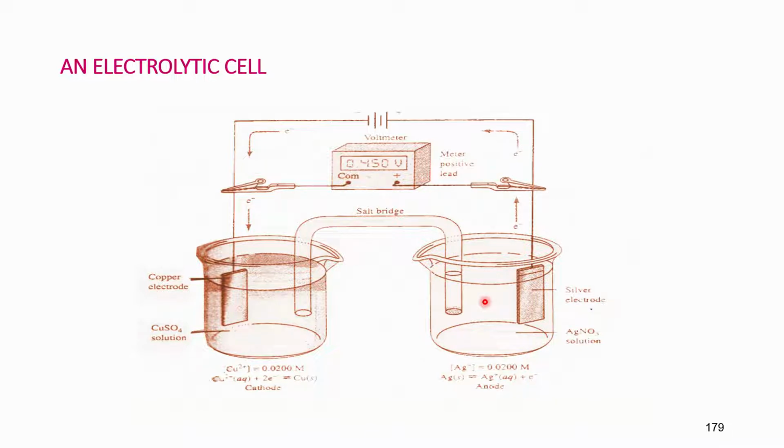You must be familiar with a lot of systems like this in your day to day life. Most of the torch cells you come across, and the lithium cells in your watches and cameras and several other things, convert chemical energy into electrical energy; they are batteries, basically. So, this is known as an electrical cell that converts chemical energy into electrical energy, and a galvanic cell will convert electrical energy into chemical energy.